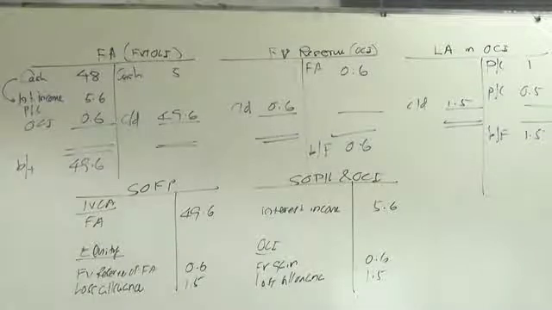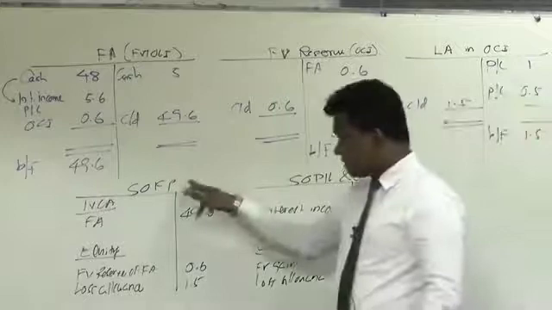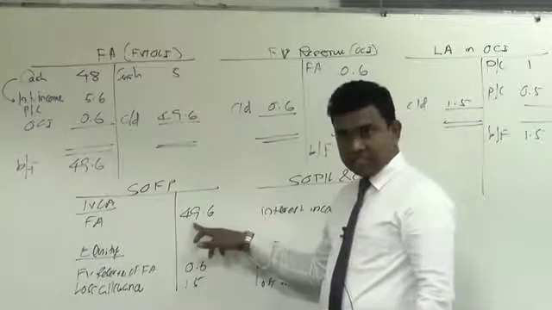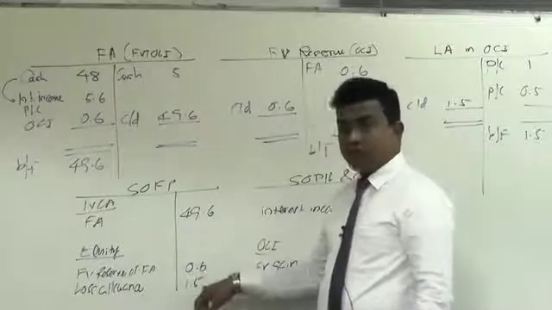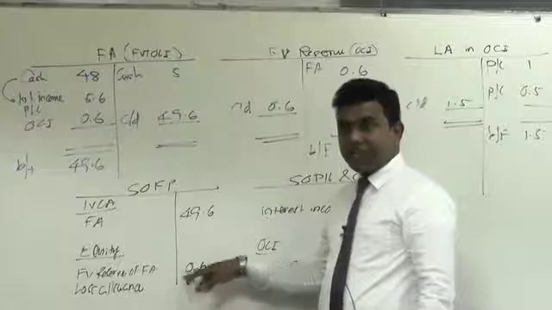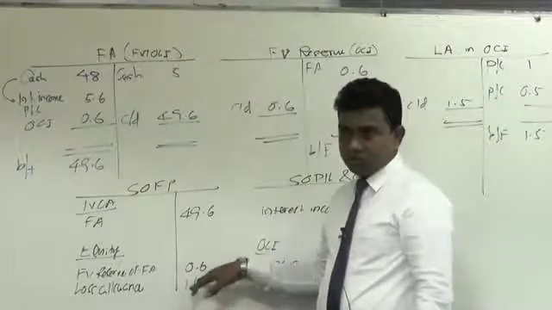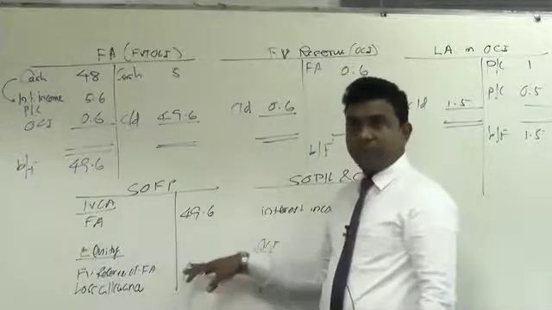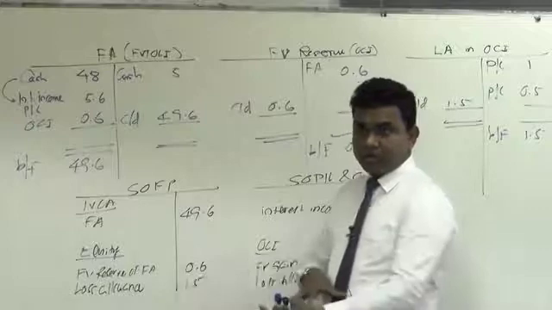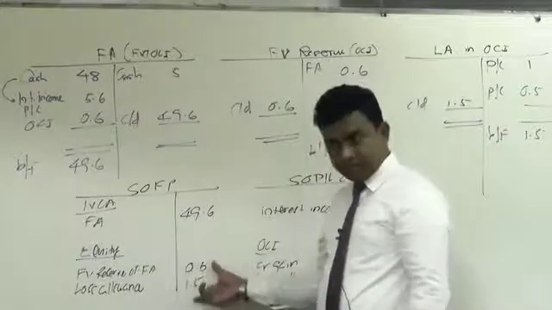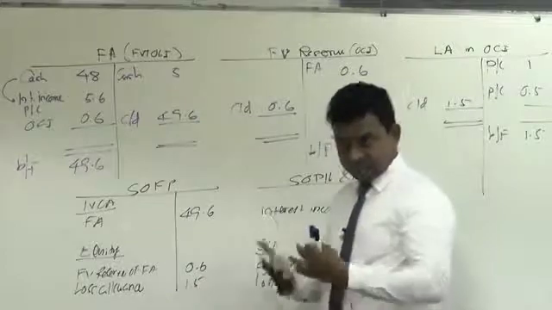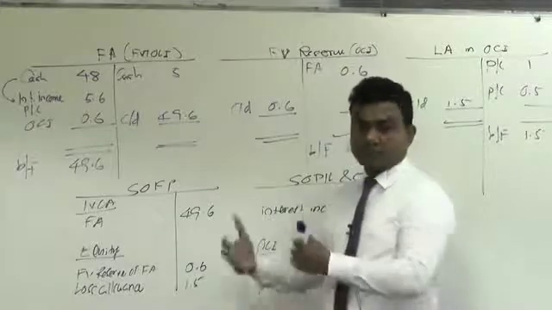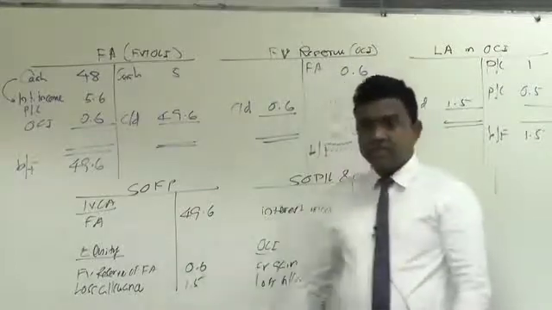Is that clear? If you classify this as amortized cost, loss allowance will be reduced from the asset, but here loss allowance and fair value gain both will be recognized under equity. Therefore, there is an impact to the gearing ratio. Got it? That's the most important part. There is a huge impact to the gearing ratio, because gearing ratio may decrease or increase with this figure. Since this is a plus, equity will increase. If it is a minus, equity will decrease. But with the amortized cost method, no impact to the gearing, because you will recognize it on the asset.